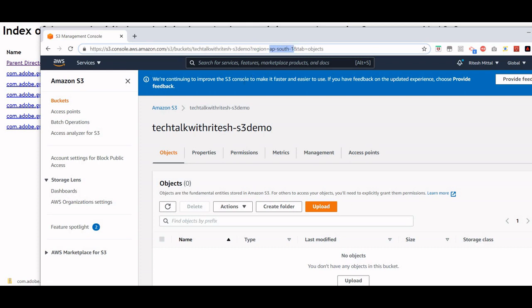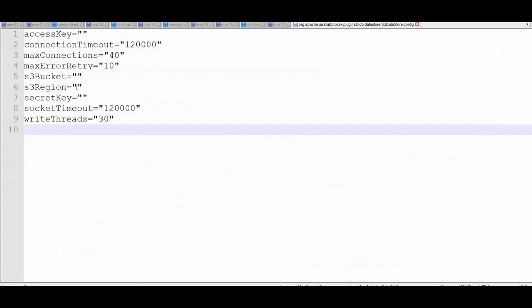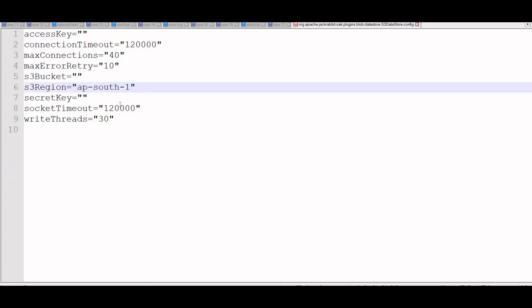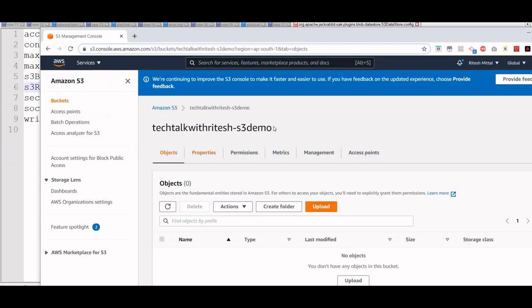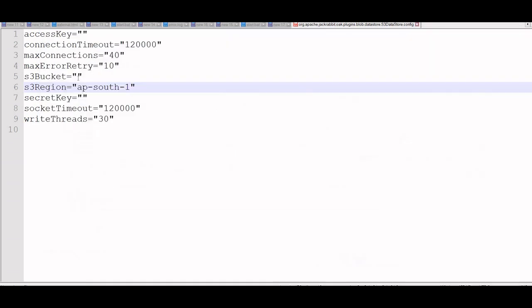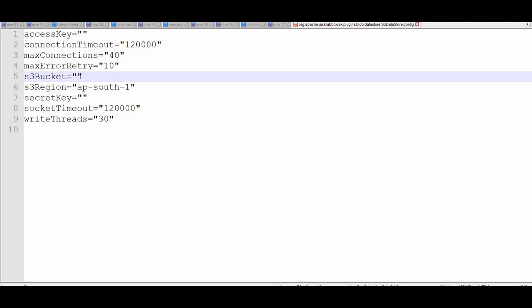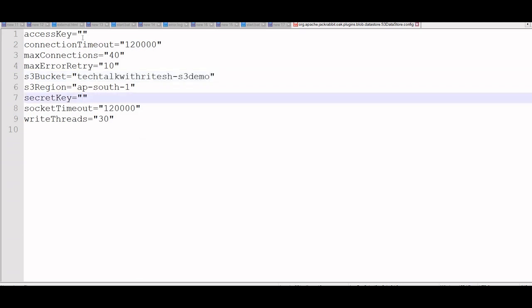Just copy this region. So this is my S3 region, and my S3 bucket name is this. Okay, the secret key and access key I'm going to put from my CSV file. So I will just pause the video to put that information and then I will resume.